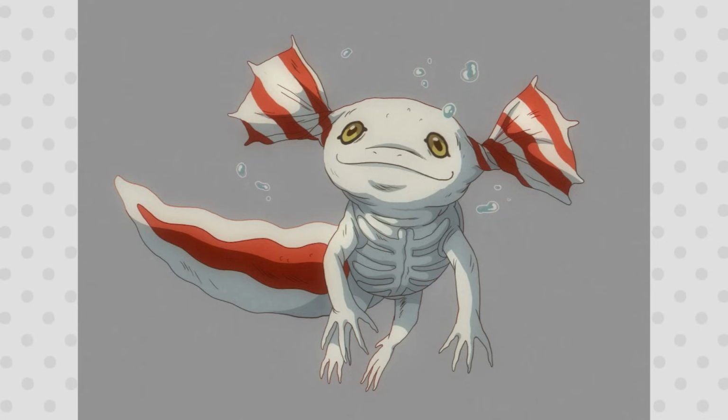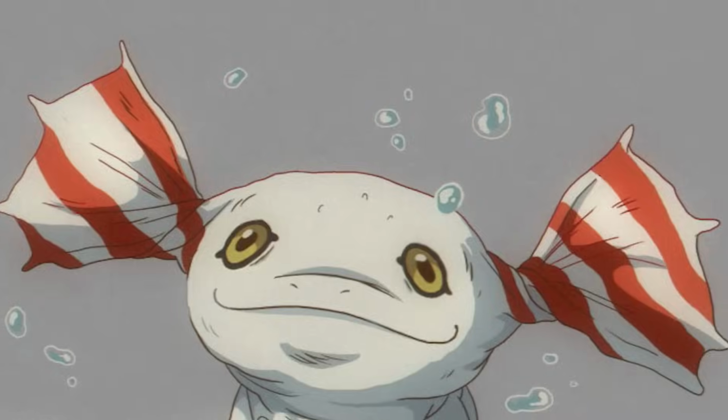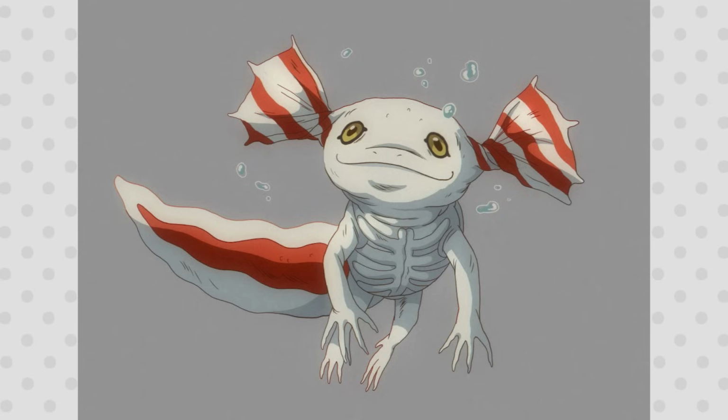I'm super happy with those bubbles, by the way. Those are some quality bubbles. And I like that even though there is no background in this, the bubbles make it look like the creature is actually swimming. And I know this is perhaps the most random out of the three, but somehow I still like this the most. I like the simplicity and the candy wrapper ears,